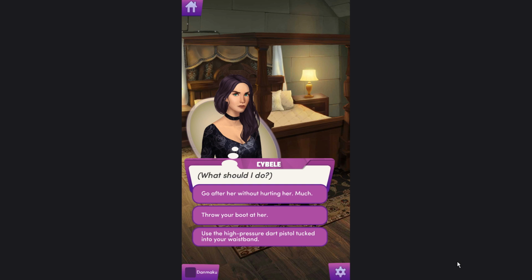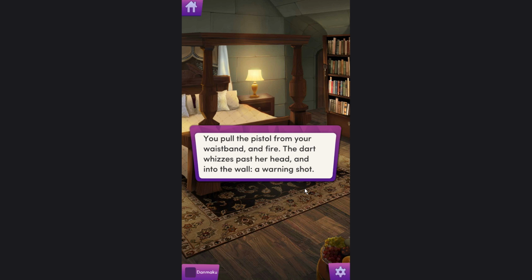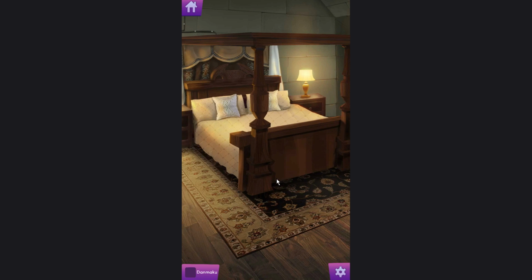Go after her without hurting her much. Throw your boot at her. Use your high-pressure dart pistol tucked in your waistband. You pull the pistol from your waistband and fire. The dart whizzes past her head and into a wall. A warning shot. Holy sh...